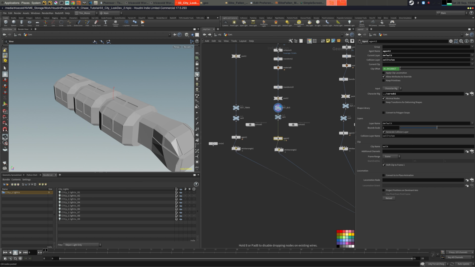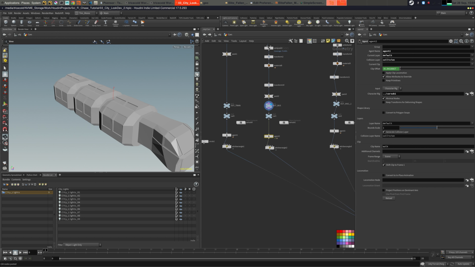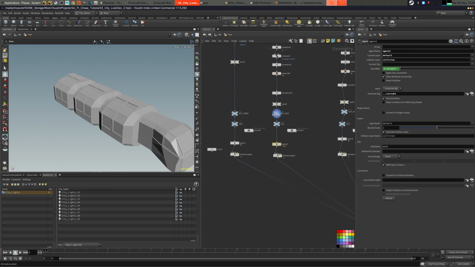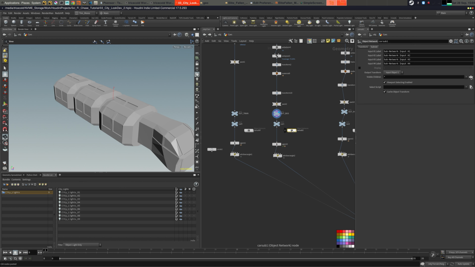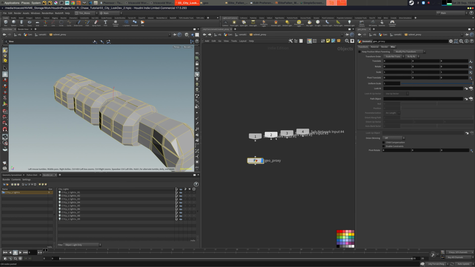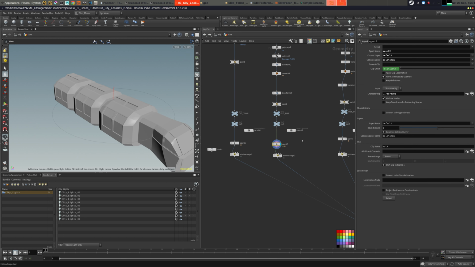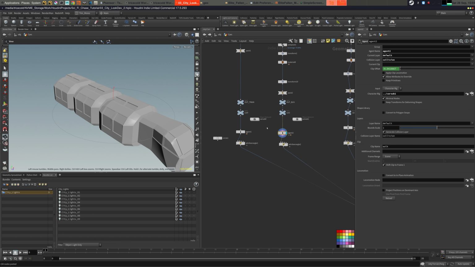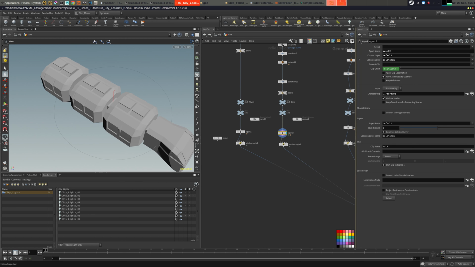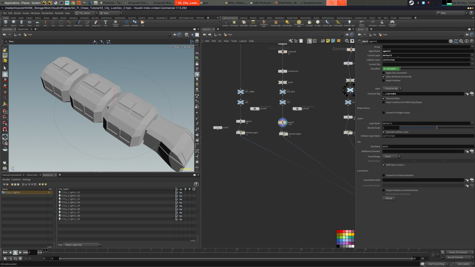But I was following basically what the shelf tool for the crowd was doing, and they did have the object coming in from a geometry subnetwork. I think that's related to the rigging. I'm not entirely sure why, but it ended up working. As soon as I get that, I have created an agent. I call it agent 2. Current layer default, collision layer collision, and then these are my